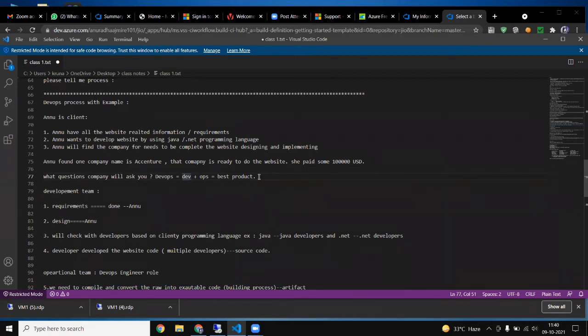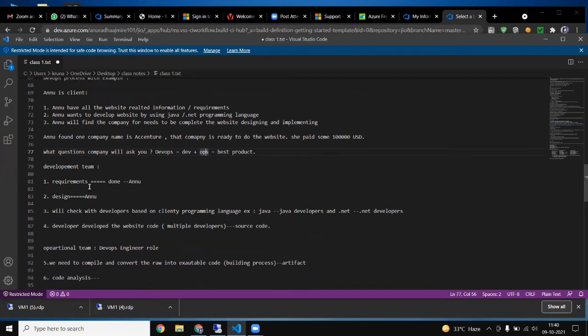Then after getting a result from that, we will create a pipeline, and with the help of that tool we will test it and remove the bugs. And then we will deploy it to the client side. This is our work of operation. But we are called DevOps engineers because we do some work of the developer side also, and most of the work of the operation side also. That's why we call it a DevOps engineer.